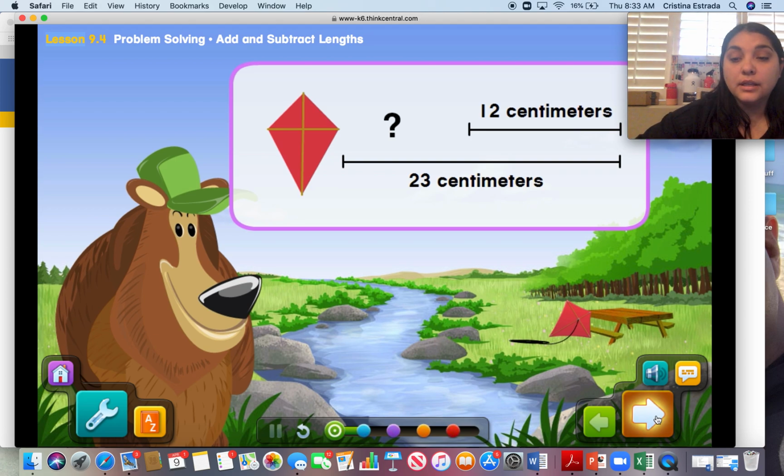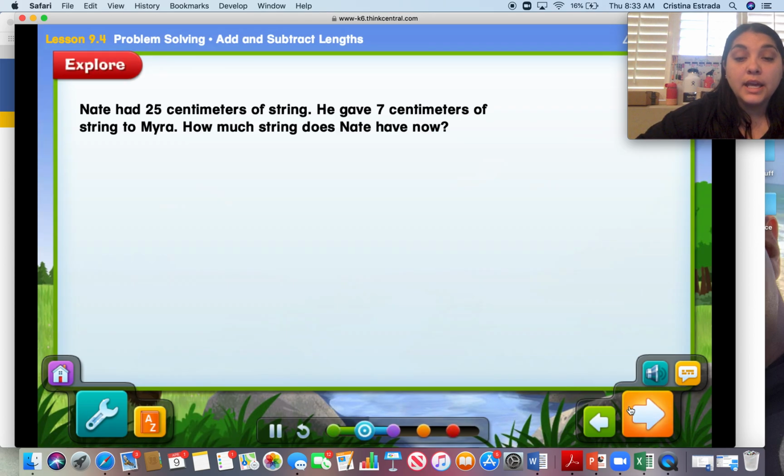So now it's prompting us to hit the next button. So we will hit the next button, and that will